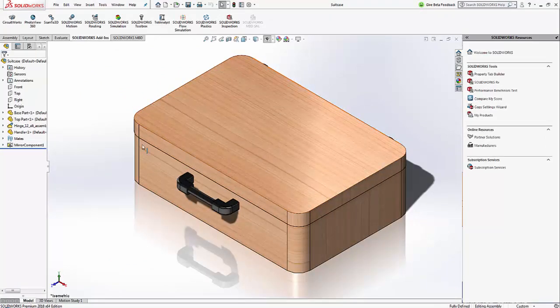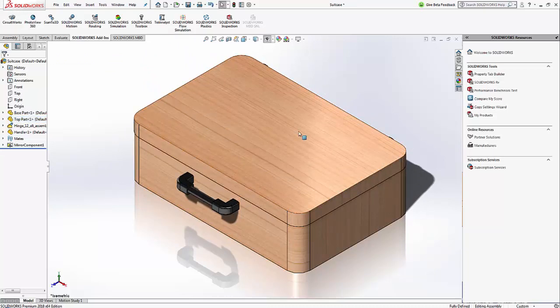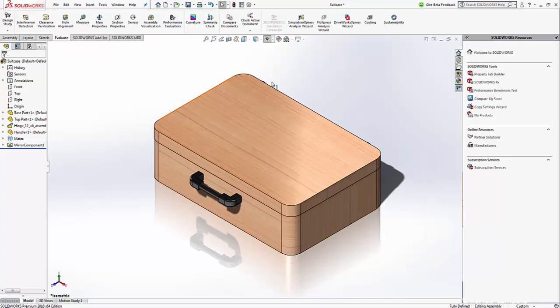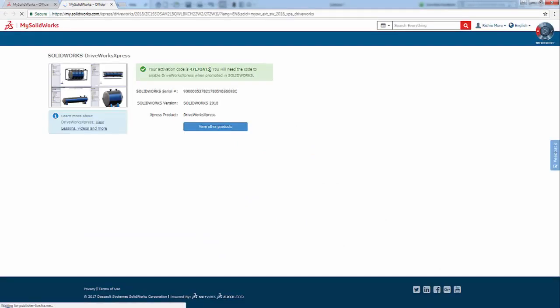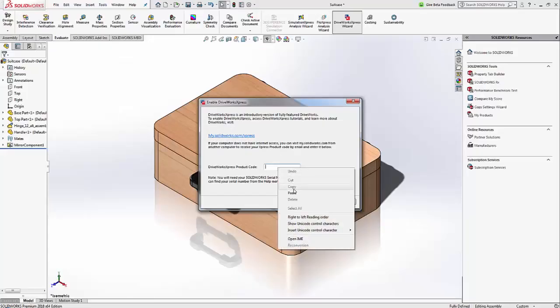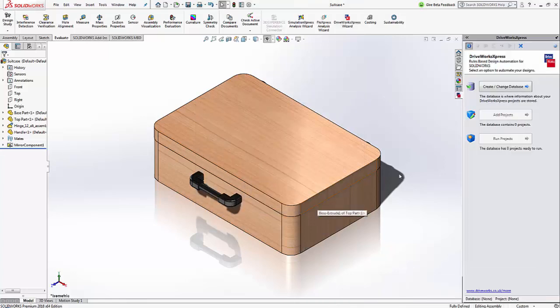Okay, so you can see that I have created an assembly, and this assembly I want to make the design automation. For that I will go to evaluate and DriveWorks Express. So again it is asking for a code. So again I will click on that link. I will copy the code which is available for me. I'll copy this. I will go to Simulation DriveWorks Express. I'll click OK. Okay, so now you can see that my assembly is open and I have opened this DriveWorks